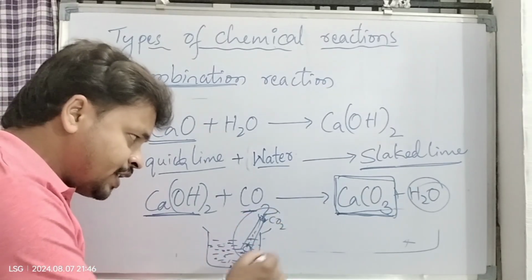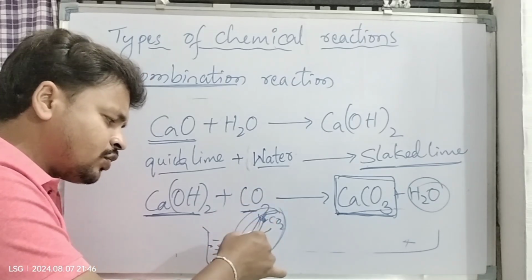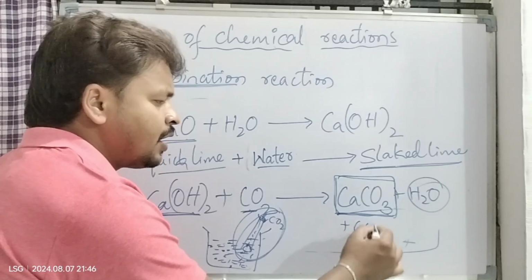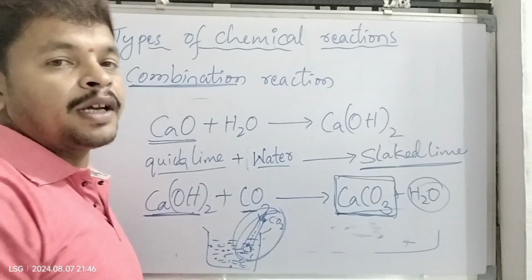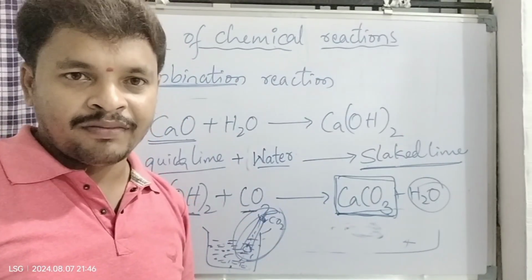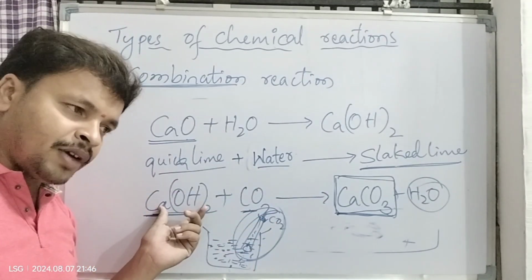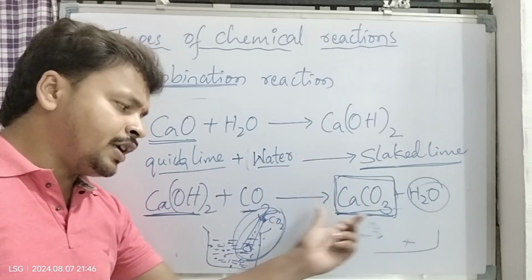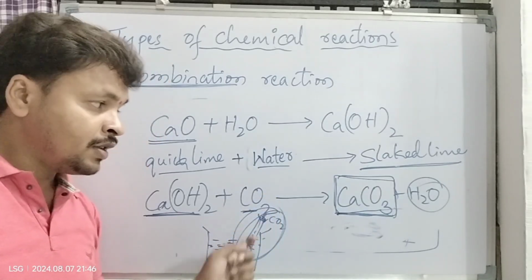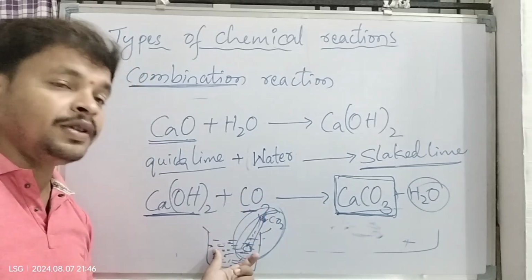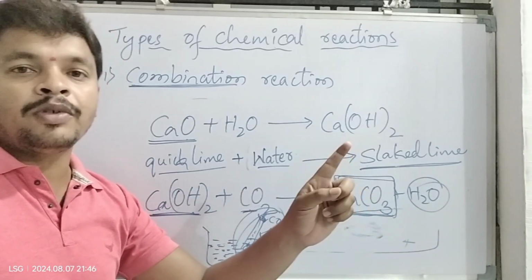Suppose you continue this process, continuously blowing carbon dioxide. The excess carbon dioxide reacts with the calcium carbonate and forms calcium bicarbonate, and again this milkiness disappears. I will clarify once again. When you blow carbon dioxide into the calcium hydroxide, it forms calcium carbonate and gives the milkiness. If you continuously blow, what happens? The excessive carbon dioxide reacts with the calcium carbonate which is already formed and forms calcium bicarbonate,